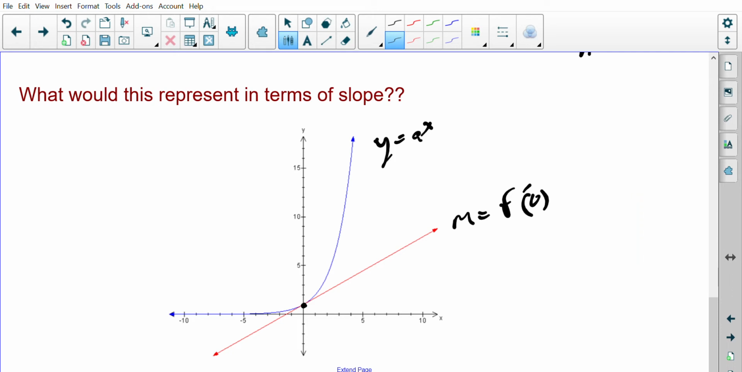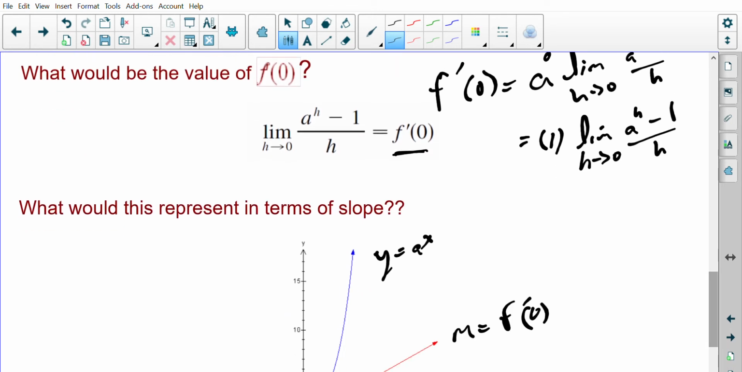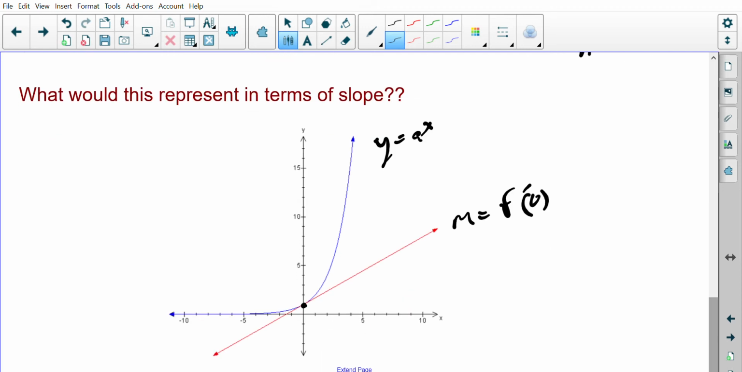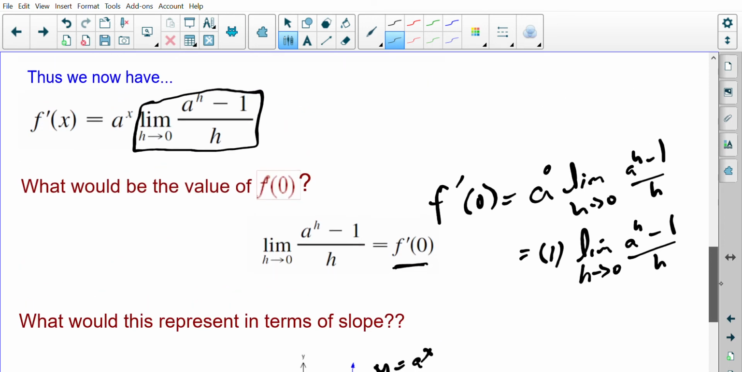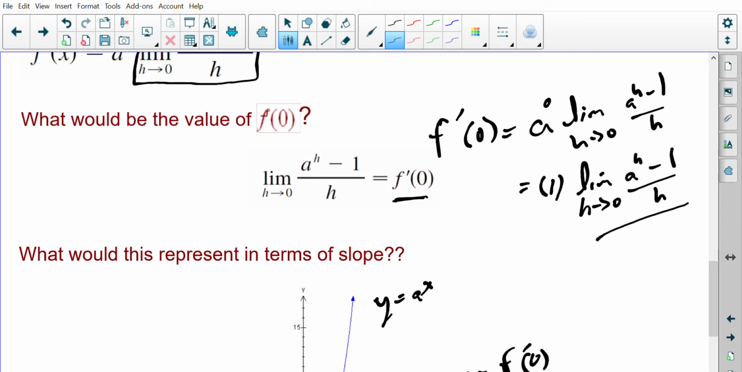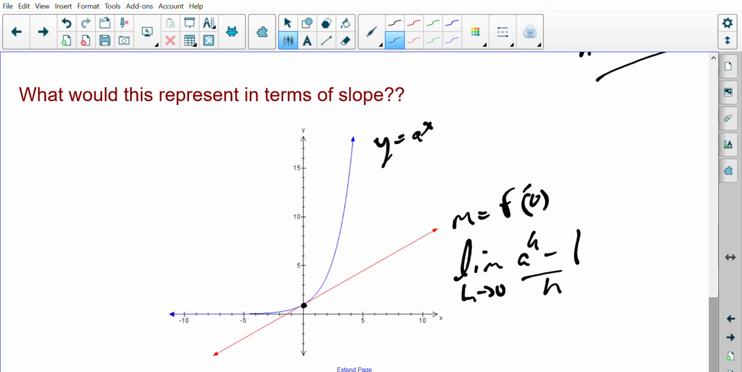Right, because up here, we know that f prime, the derivative, means the slope of a tangent drawn to the function at that particular point. So this is visually what f prime at 0 is. It's the slope of this line. Well, the slope of this line then has to turn out to be the limit of a to the h minus 1 over h as h approaches 0, because that's what f prime at 0 turned out to be, this expression. So the dilemma we have is